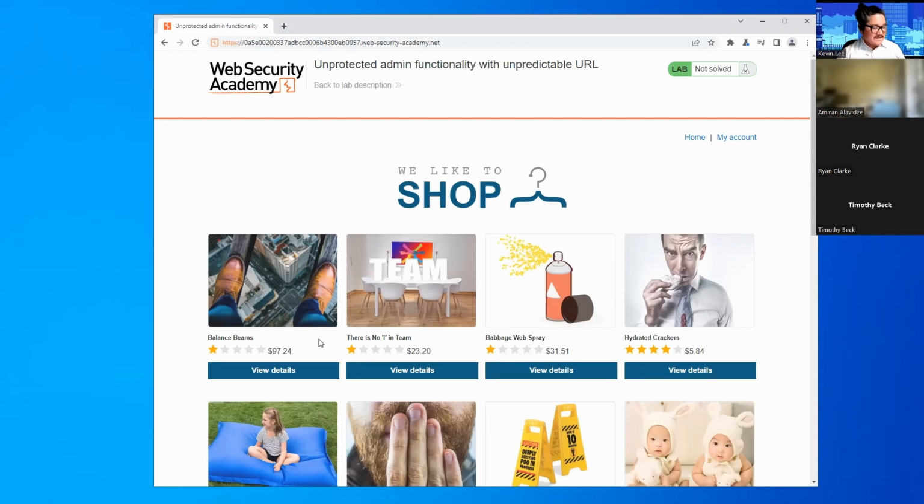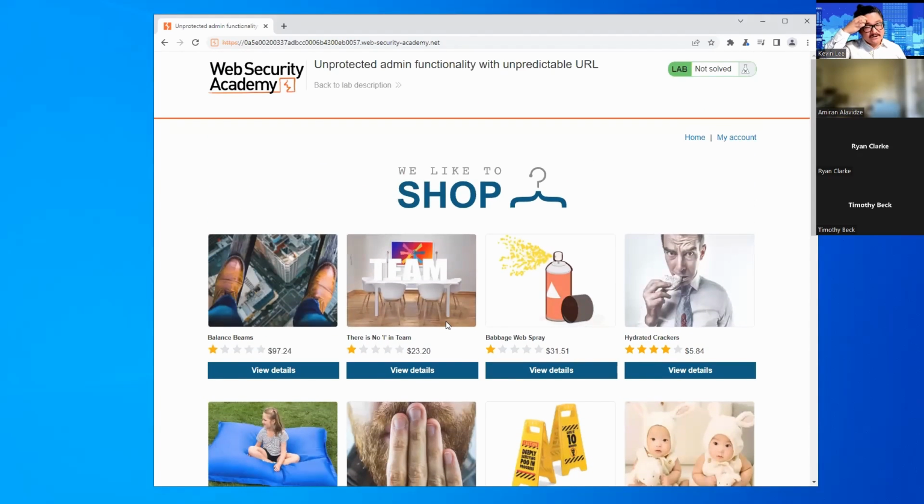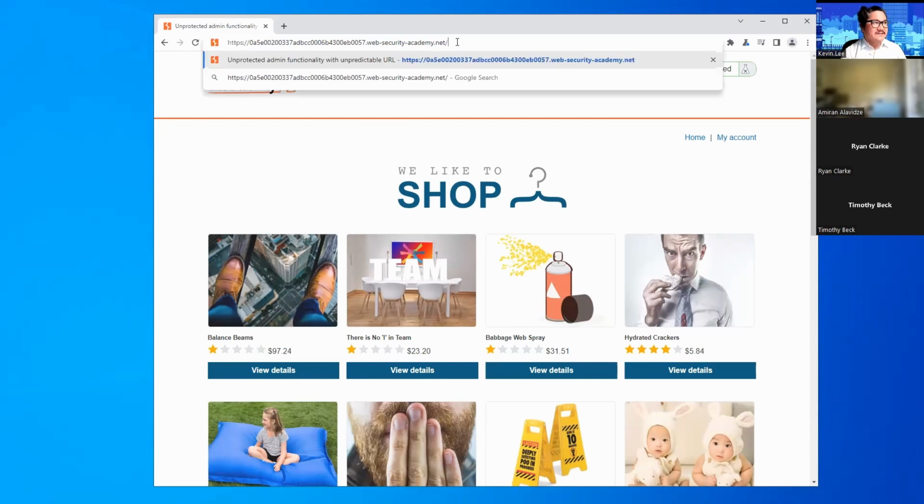Okay, so we've started up the lab app here. And what we can do is we can try to look for a robots.txt file in this app.